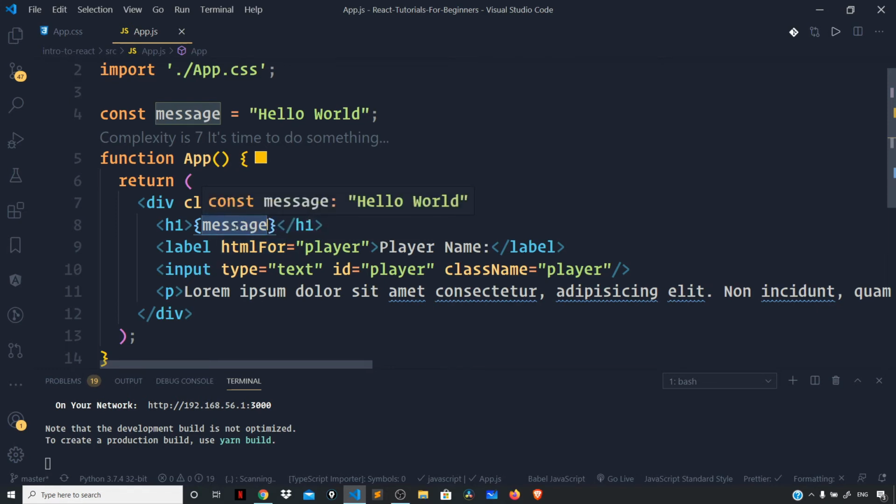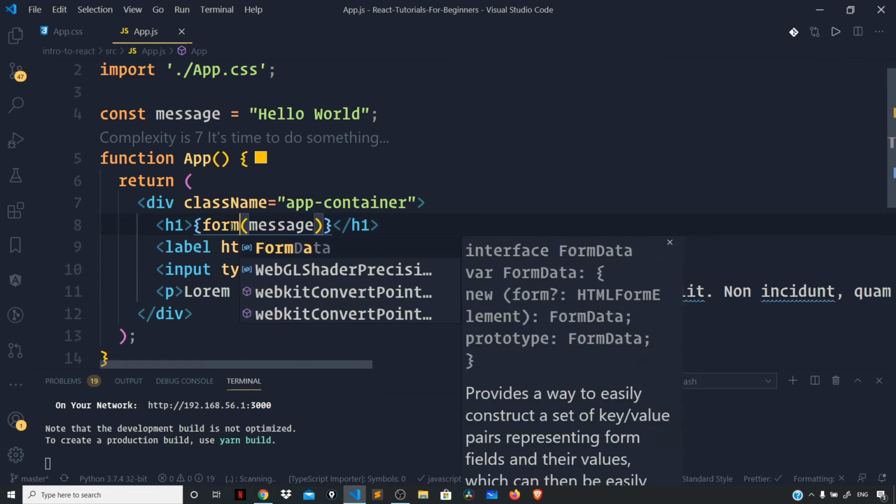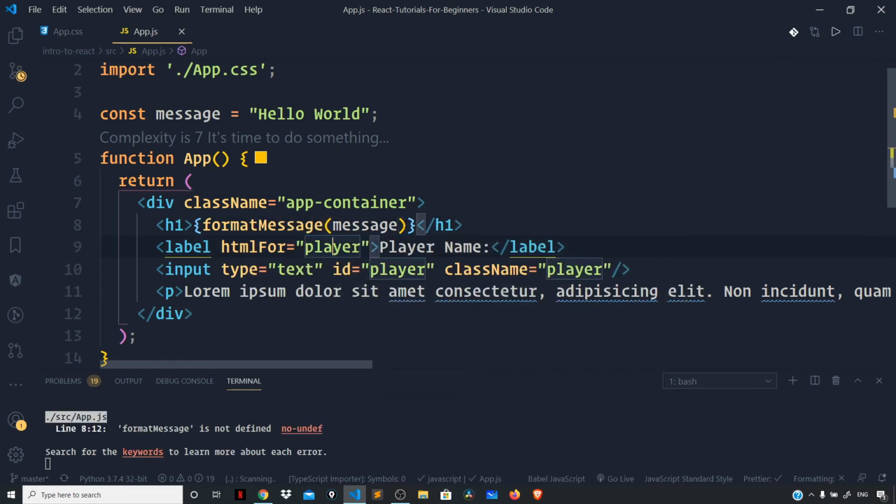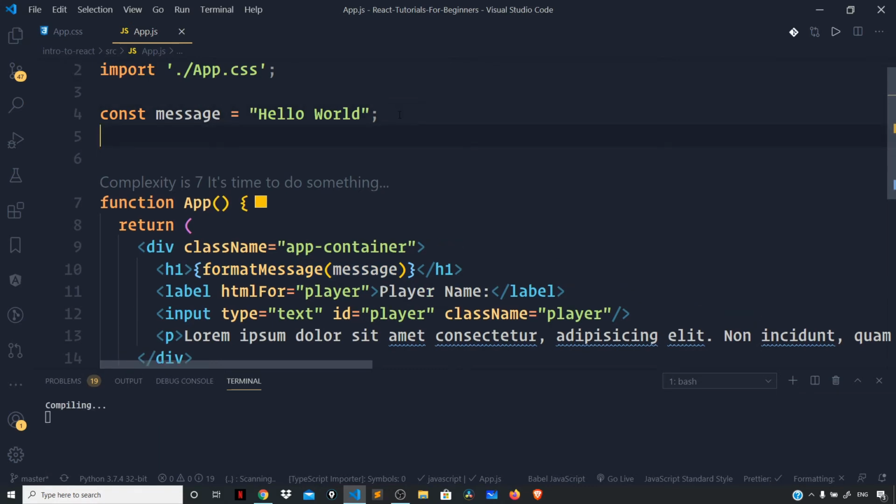So let us define a function to format the message which we are storing right here. Let me define a function formatMessage, and I will pass this message text to the formatMessage function like this. So formatMessage, and here you can see we are embedding some JavaScript code within the curly braces. So this is a function, and let us define the function right here. So function